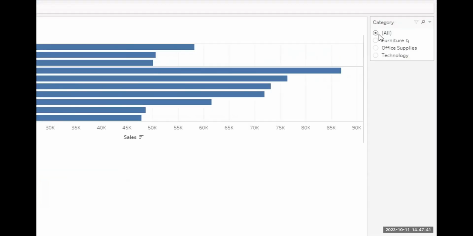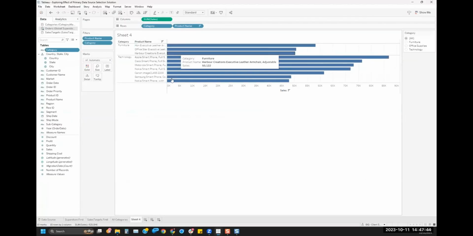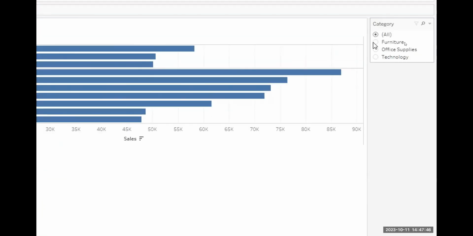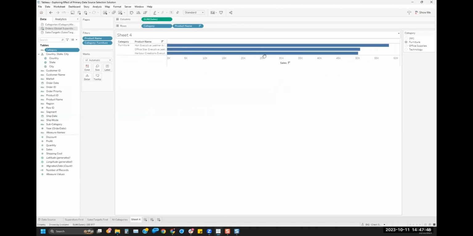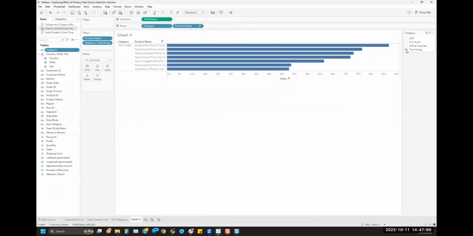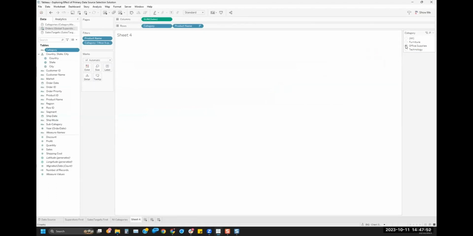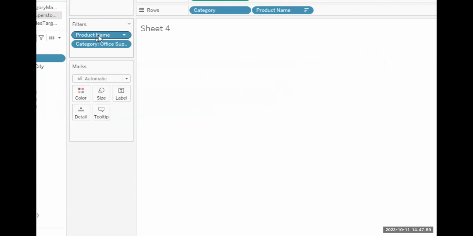If I look at all of the categories, these are the only 10. If I look at furniture, it's again only those 3. If I look at technology, it's only those 7. If I look at office supplies, it's none, right? And the reason is, again, because the product name filter is happening first and the category is happening after.